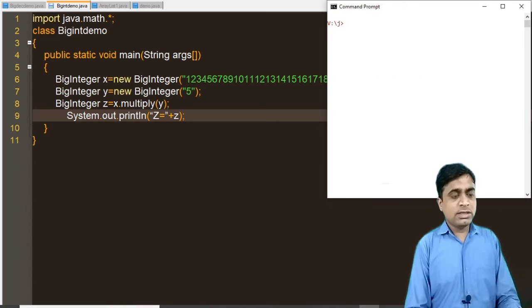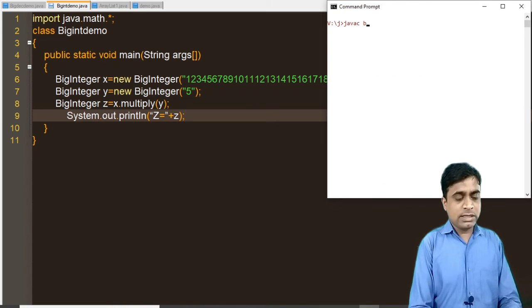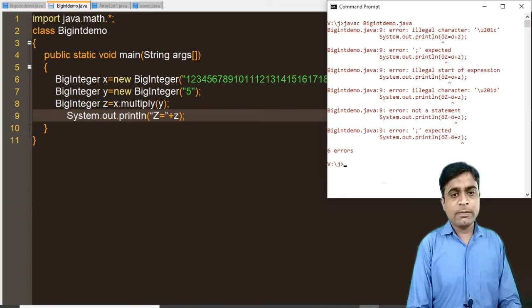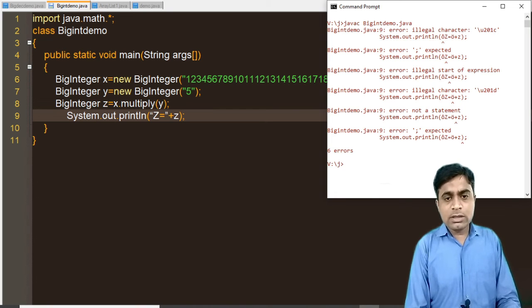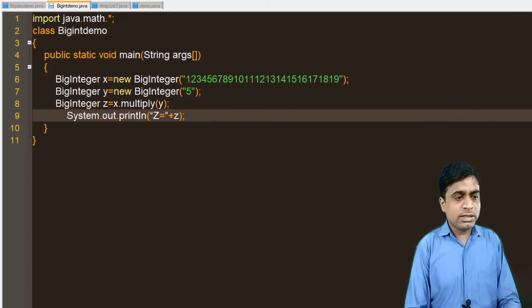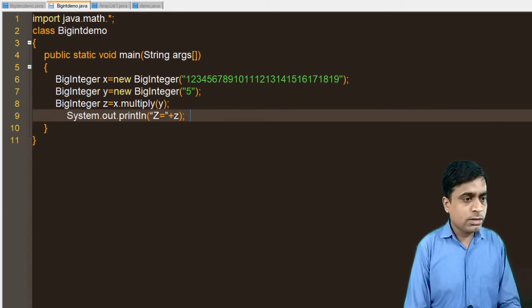You can see javac BigIntegerDemo.java. Here I need to save this particular file again, with the .java extension.